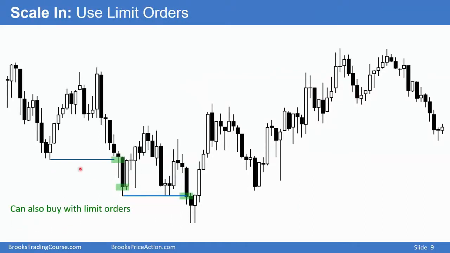A lot of traders, when the market's in a trading range, expect every breakout attempt to come back above the breakout point. They'll place a buy limit order to buy at that low, and they'll get filled here. And then they'll place additional limit orders to buy lower. In general, it's better to take a second entry if it's at least the size of a scalp below. And then if the market gets back to your original entry price, you make a scalp profit on your second entry, and you can get out break even on your first. Or if the context is good, you might try to get a scalp on your first entry as well.